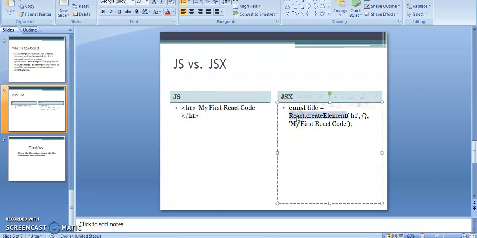React here is basically a library that comes by default whenever you install your React application. So if you want to use a .jsx file, you have to create your HTML like this: React.createElement, then h1, and after that whatever text you want inside it.